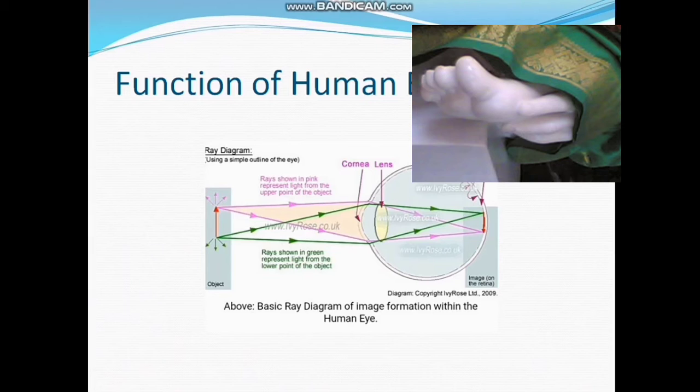The light rays from the object travel through the cornea and strike the convex lens in the eye. The real, inverted and diminished image is formed on the retina. Immediately, the light sensitive cells get activated and generate electrical signals. These signals are sent to the brain via optic nerves. The brain interprets those signals and finally processes the information so that we can perceive the object as it is. This is how the human eye functions.